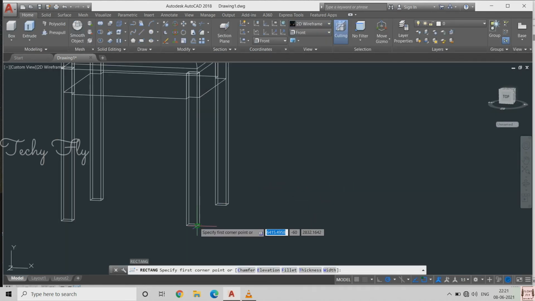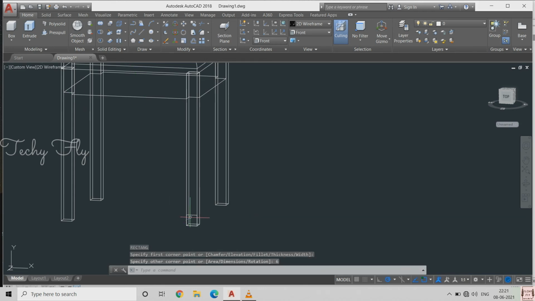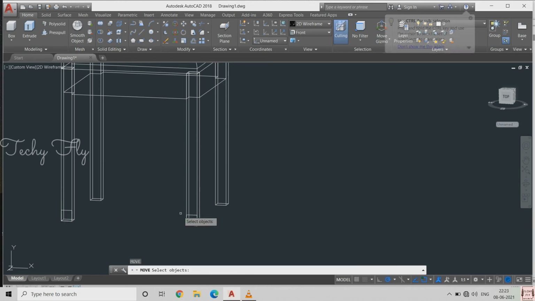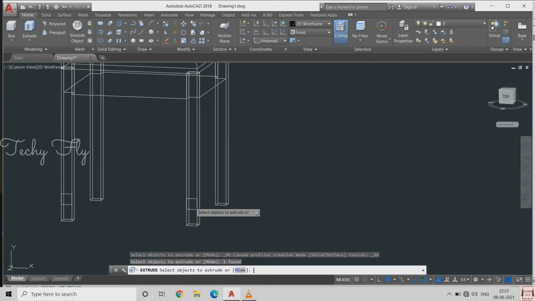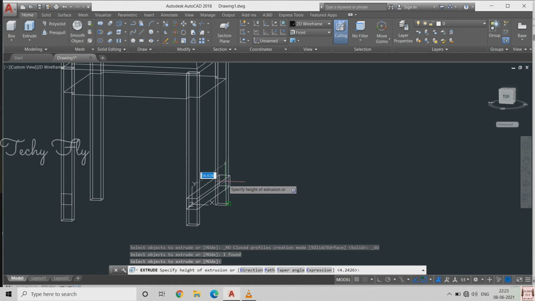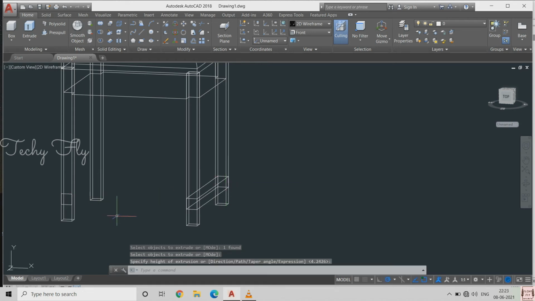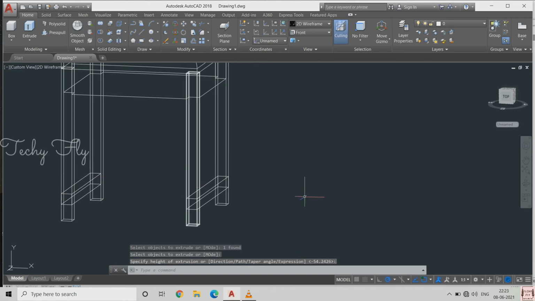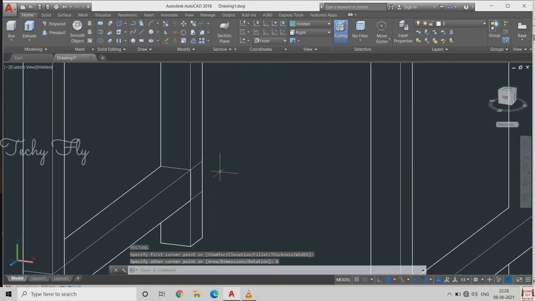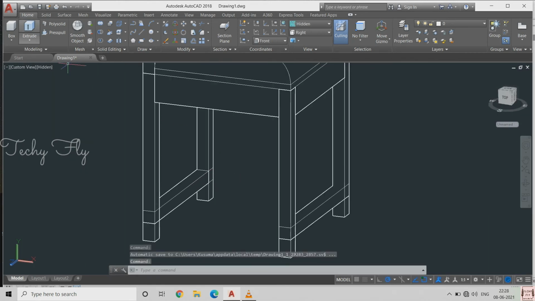For leg support, draw a rectangle stick. Further, take rectangle command and draw a rectangle. Copy this to the parallel stick of the chair and move the rectangle. Apply press pull command. I am not giving any specific value, I just went by the size requirement. Apply this to the remaining 2 sticks. You can also use mirror command if possible, because these are opposite corners.